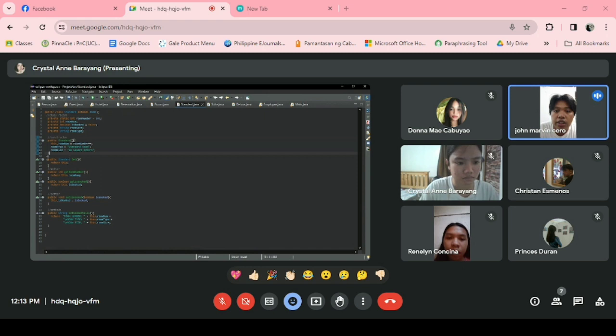The constructor sets the room number, type, and size when a new instance of the Standard class is created. The class includes a method named get with a covariant return type, just like the one in the parent Room class. This method allows instances of the Standard class to be returned as a Room,